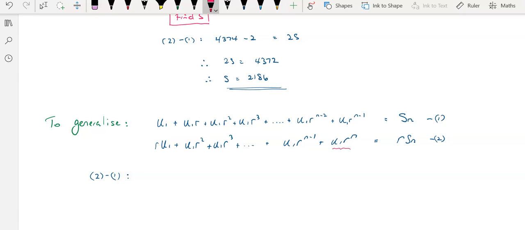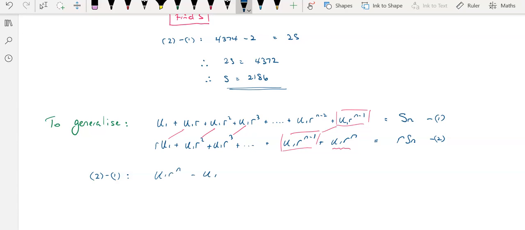This term here is left. He's got nothing to simplify with in Sn. However, this term here, u1 r to the n minus 1, there's one there, so they're going to eliminate, and that's going to work its way all the way down the line. They're going to eliminate each other. Now, I wrote that one as ru1 rather than u1r. Sorry about that. Okay, so as happened in the specific example, we are left with u1r to the n